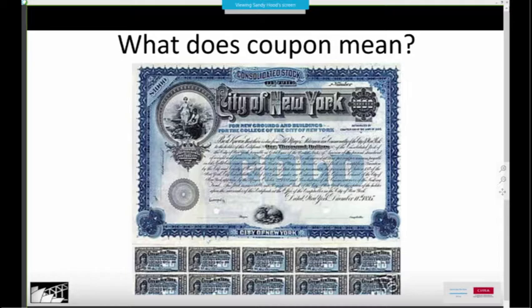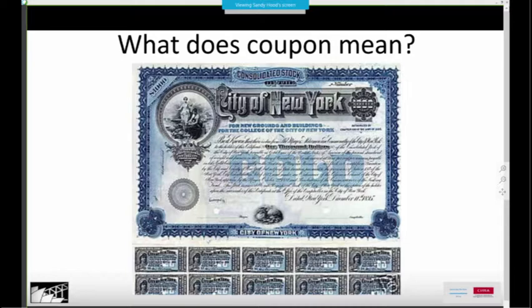And what would happen is that if you were a lender and you'd given $1,000 to the City of New York for them to use for the grounds and buildings of the College of the City of New York, then they would have given you this certificate as a receipt to show that you own this loan stock, and at